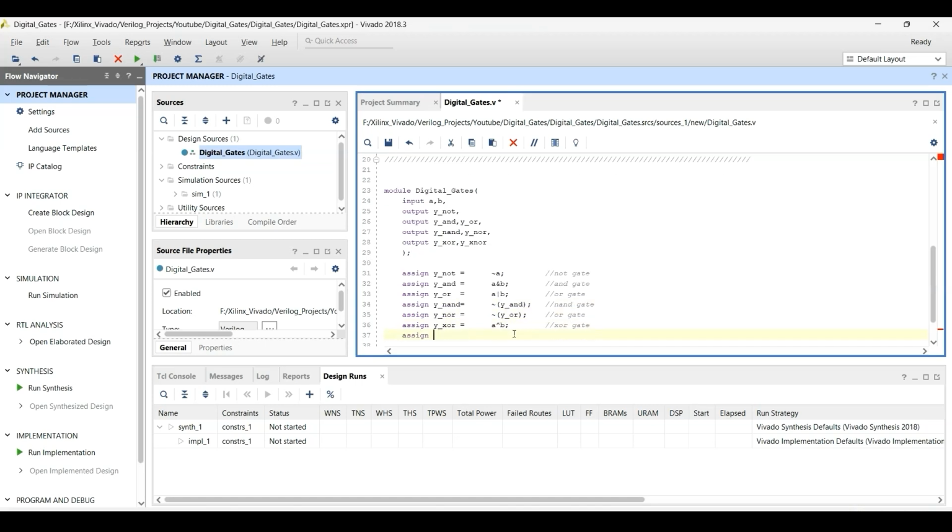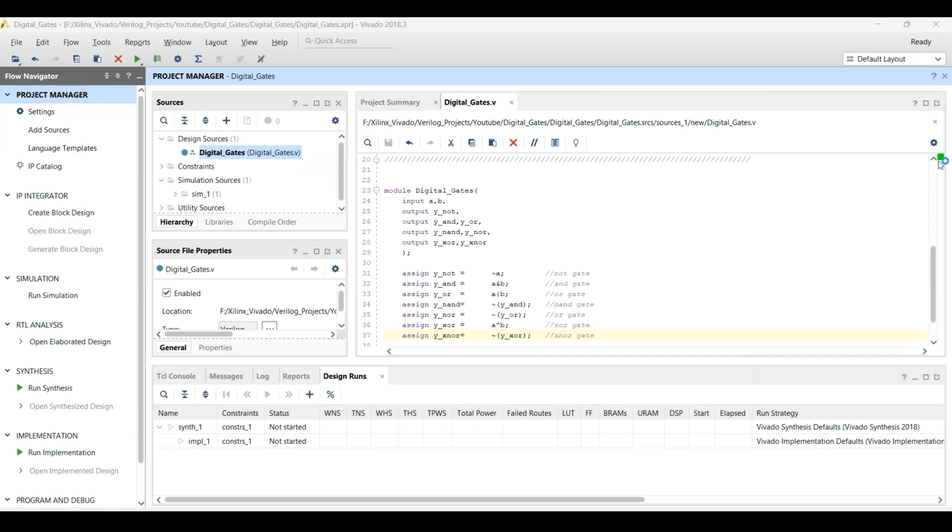And you can see we are defining our digital gates here by digital gate symbols. And this little green box here indicates that there is no syntax error. If it was red, it meant there is something wrong with your syntax.